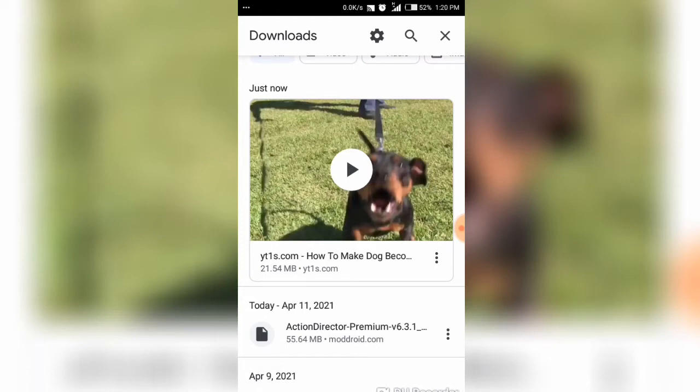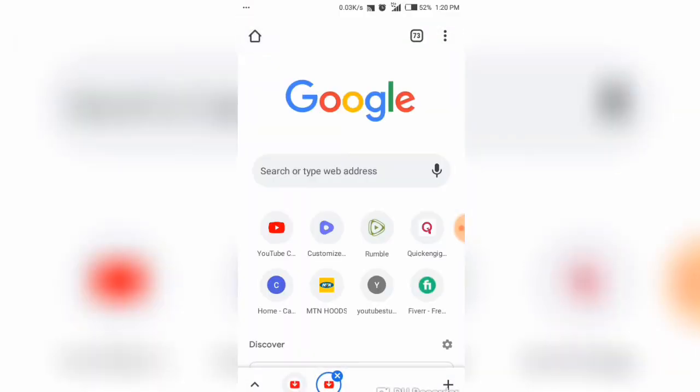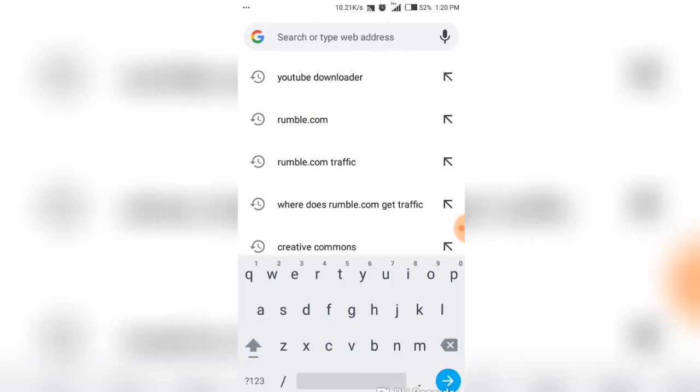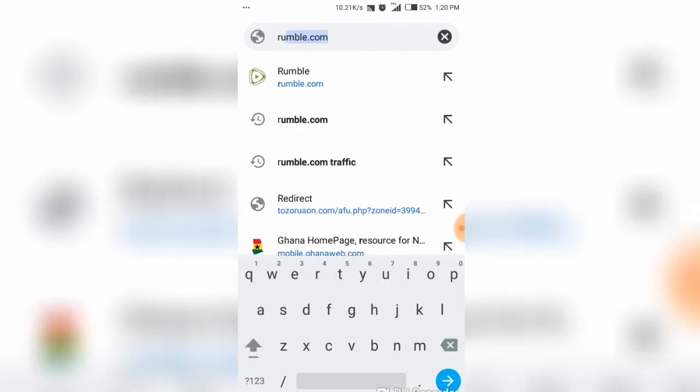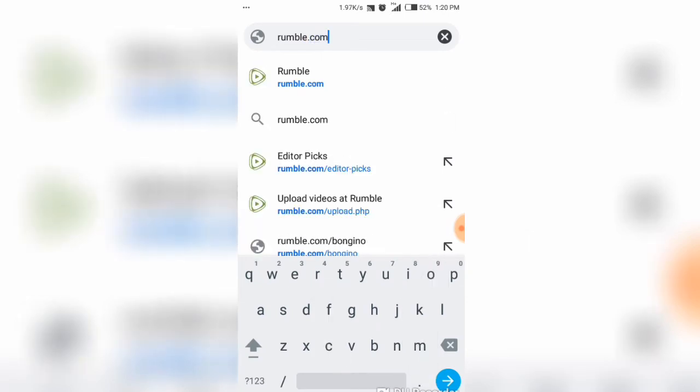Now the next thing, now we have our video, is copyright free. The question is, how do you make money from this thing? The answer is simple. Follow me. Here you go to a website known as rumble.com. And remember, rumble.com is a YouTube alternative, but just that on rumble.com you get the chance to make money right